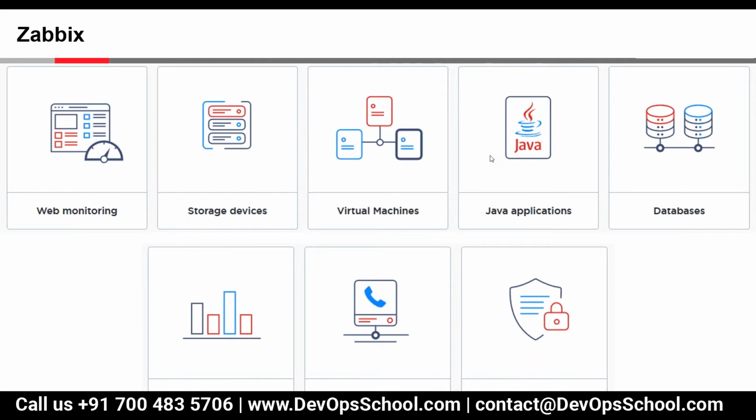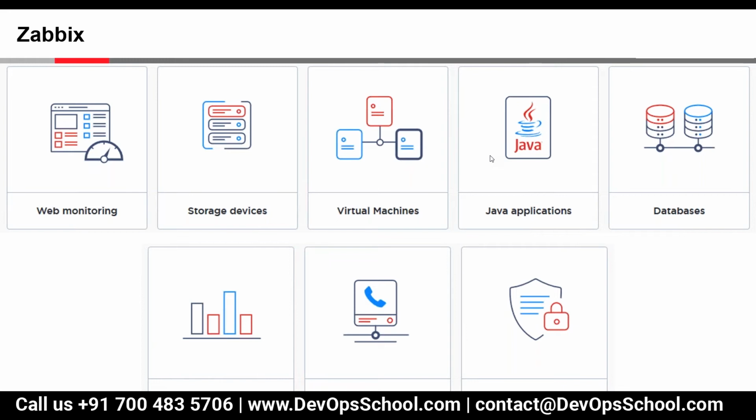Should we actually build APIs? No. This particular Zabbix tool has its own API integration with the vCenter and ESXi hosts. So we just need to create a user on vCenter or the individual ESXi host, and we just need to pass the credentials to Zabbix, and all the VMs' information will be discovered, and we'll get all the data on Zabbix.